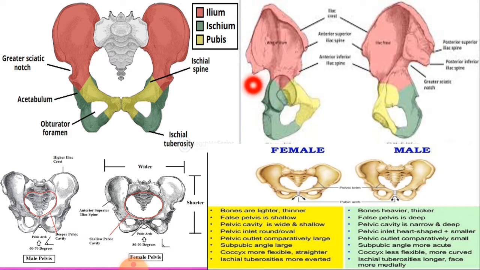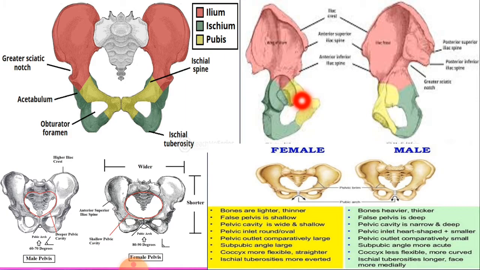Once again, this is an innominate bone or the hip bone, and there are three parts of an innominate bone: the ilium, ischium, and the pubis. The ilium is this part, and it has an upper flattened part which we call the iliac crest, and this anterior curved part we call the anterior superior iliac spine, and this inferior curved part is what we call the anterior inferior iliac spine.